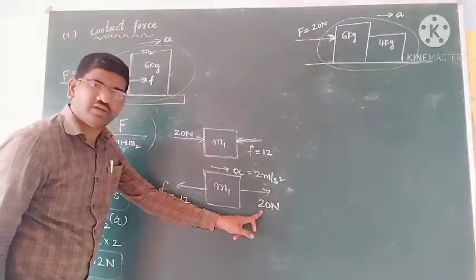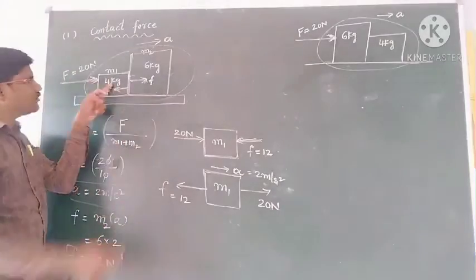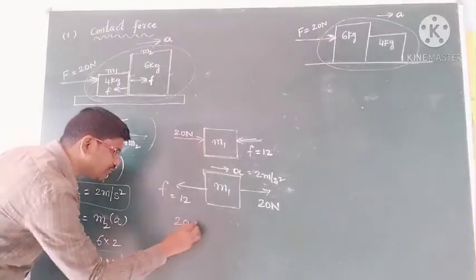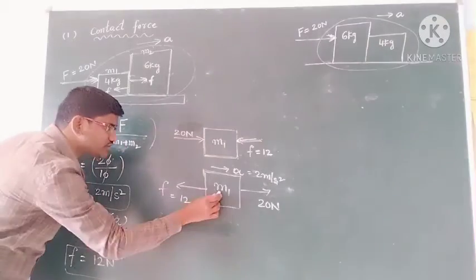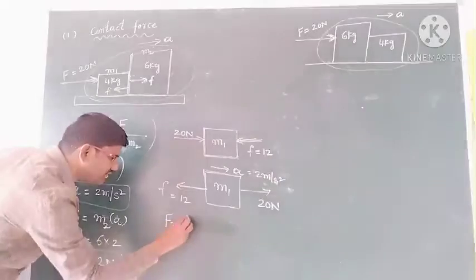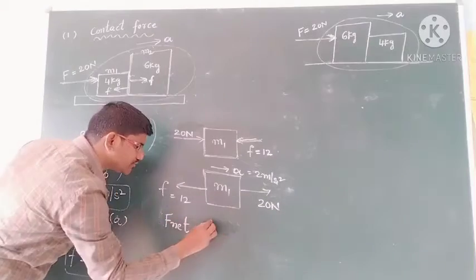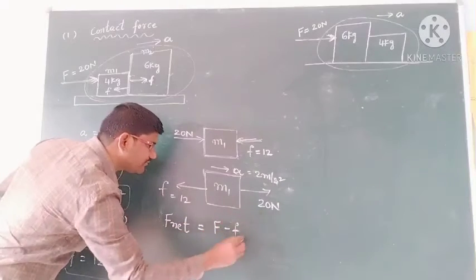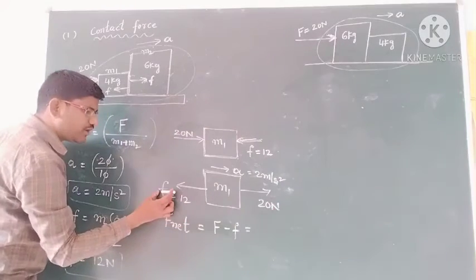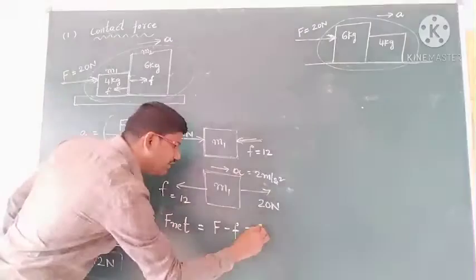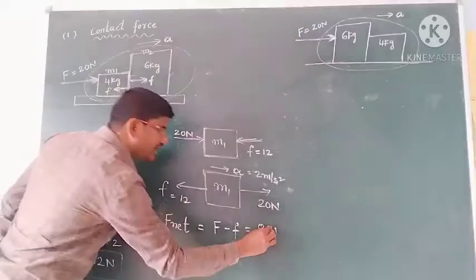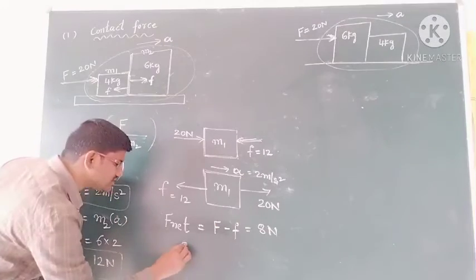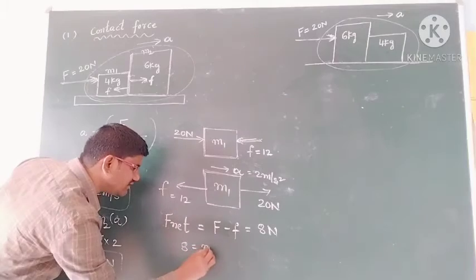Means on m1 we applied 20 newtons force, and this is trying to stop it with a force of 12 newtons. So 20 is the supporting force. So then see, net force on m1 I am writing. Net force F net is equal to applied force 20 newtons, that is called F. Okay, applied force capital F minus small f. Capital F is 20 and small f is 12. 20 minus 12 is how many newtons, students? 8 newtons. So 8 newtons is the unbalanced force acting on m1 mass giving an acceleration.